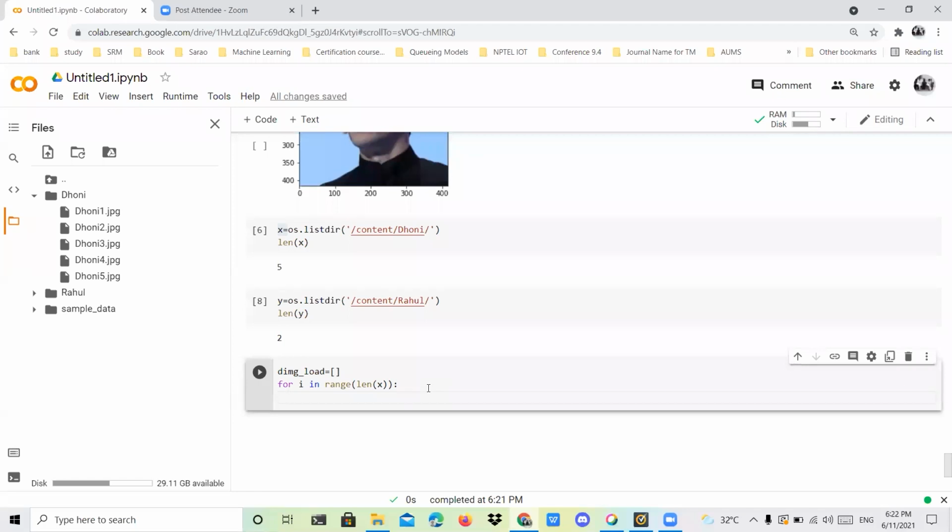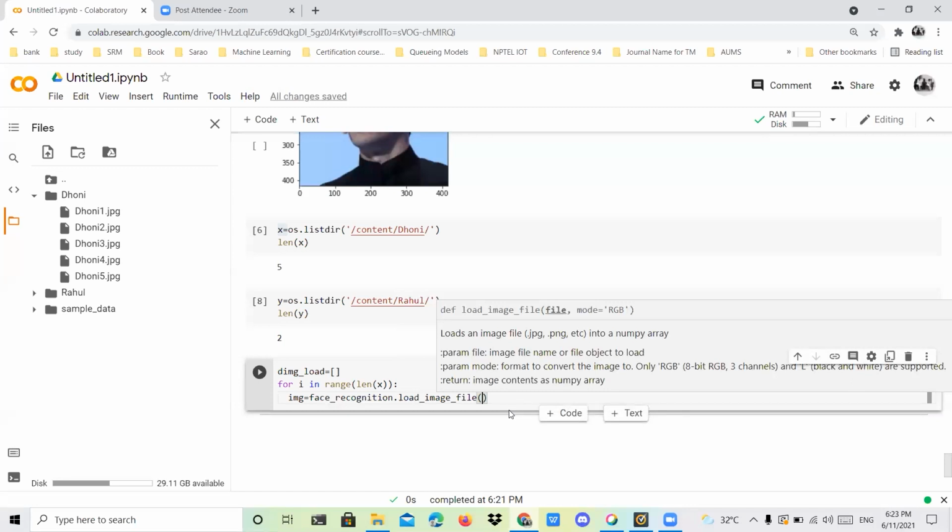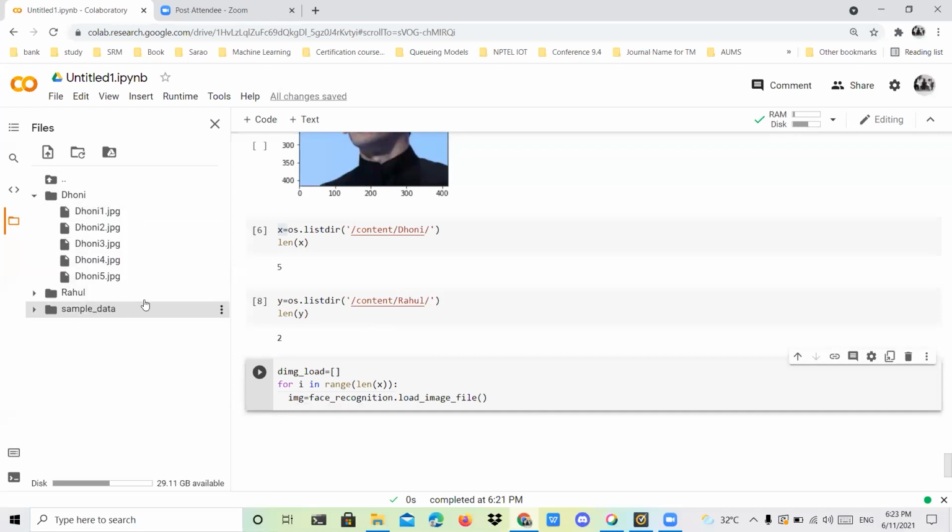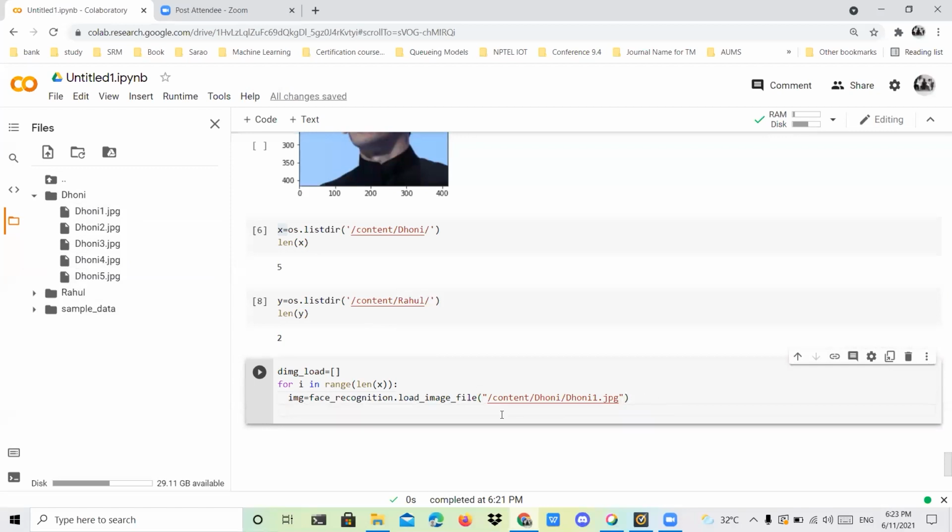Within that, the remaining is the same. How we load an image, use the same syntax. So I'm going to give img is equal to face_recognition dot load_image_file. Within that, you mention the first image path in double quotes. That's all. The first image is now available in img. After that, you can append this into your empty array variable.